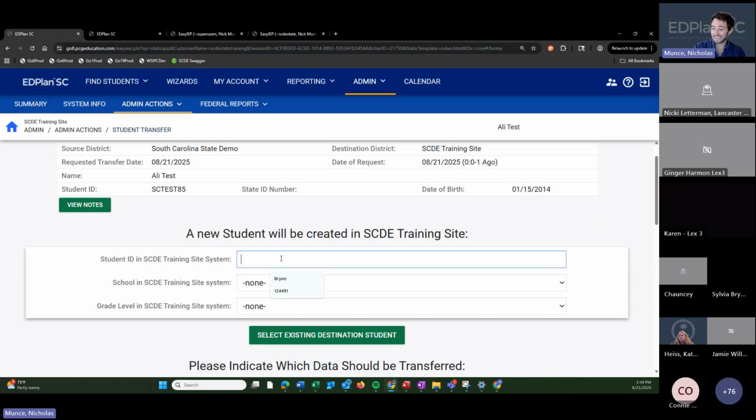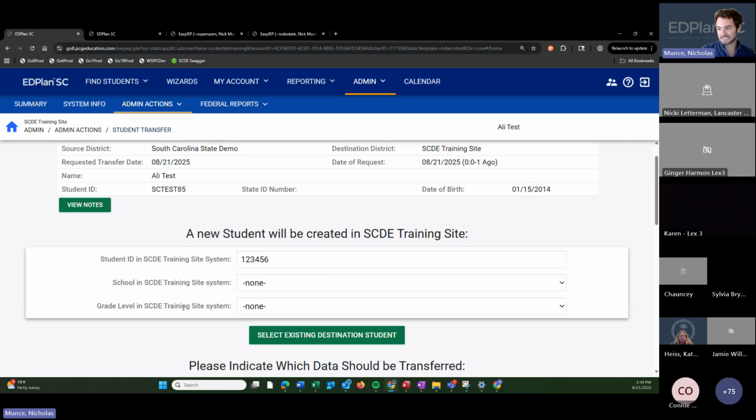Unfortunately, the way the system is laid out, the next thing that catches your eye is it says make a new student in this district. So this would be your district name. I'm just in the training site, so that's what it says there. And what we see happen very, very often is the typing of that 6 or 7 digit PowerSchool number into this box. So let's say the student's local PowerSchool number is 123456. A lot of folks will put that PowerSchool number in here, and then continue forward.